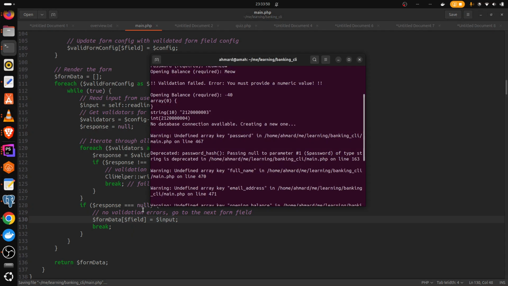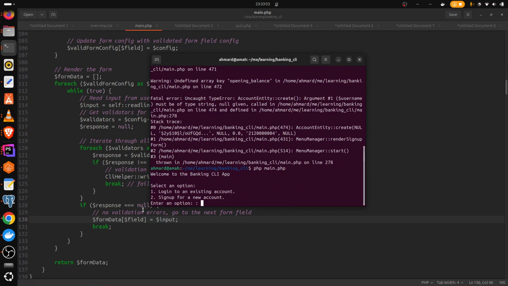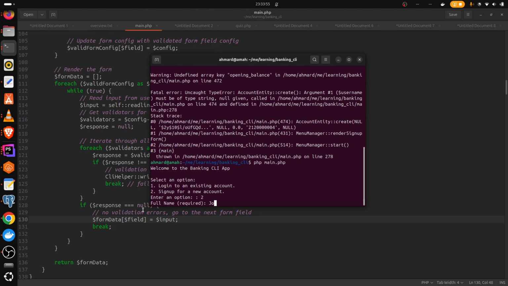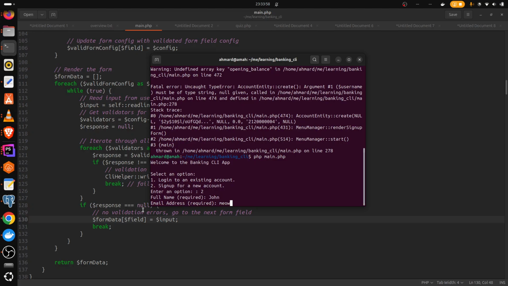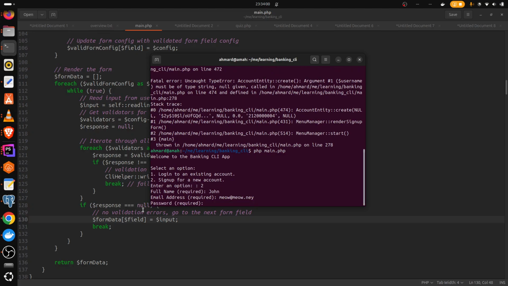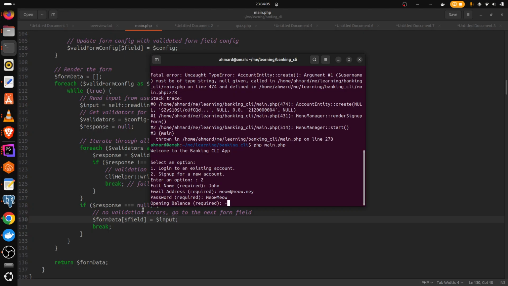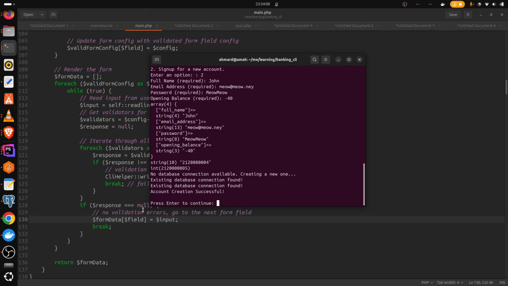So let's check this time. Okay, let's say John, yes, password, and -40. Okay, now there's a problem. We should actually have an account with an opening balance of 40. This is a debt. So that's where validation is very, very useful